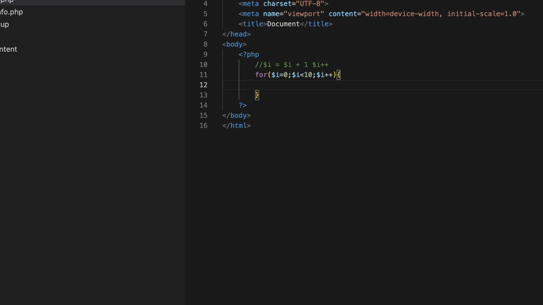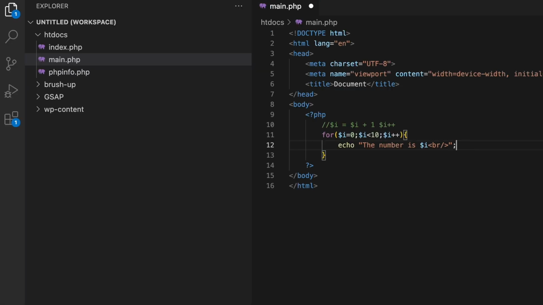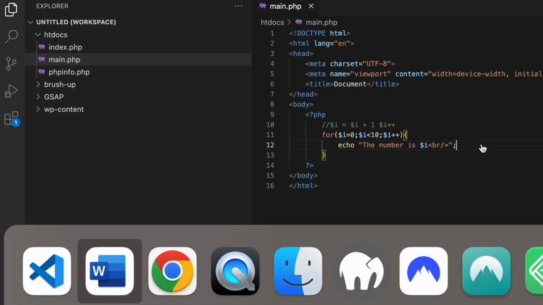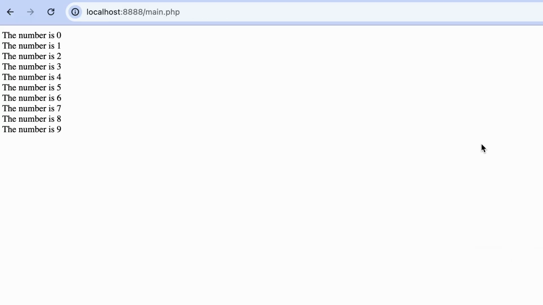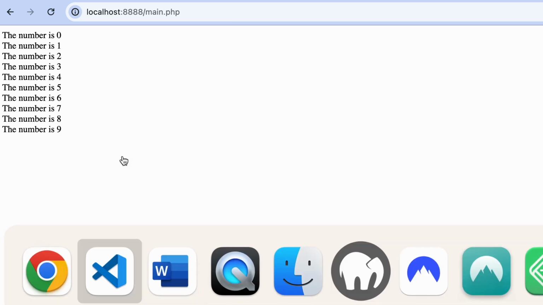So we are simply going to print the $i value on each and every iteration. So the number is $i, and then we add a break tag, just like that. Save the code, go to the browser. You can see that it iterated 10 times, and when it reached 10, it stopped iterating. Okay, so going back to the code,